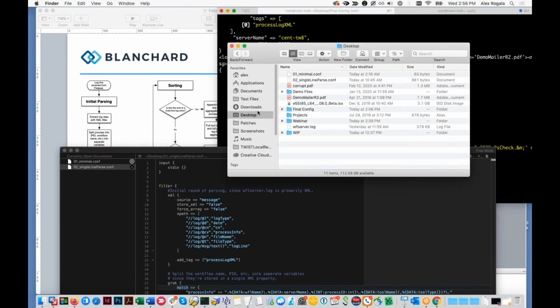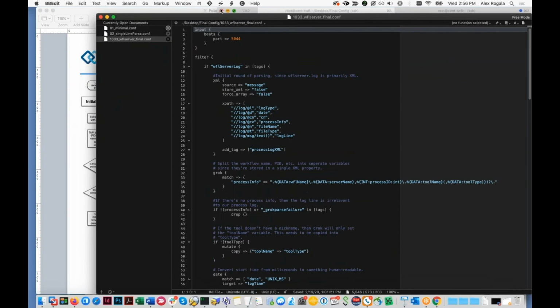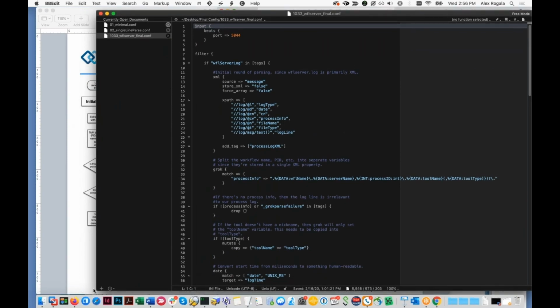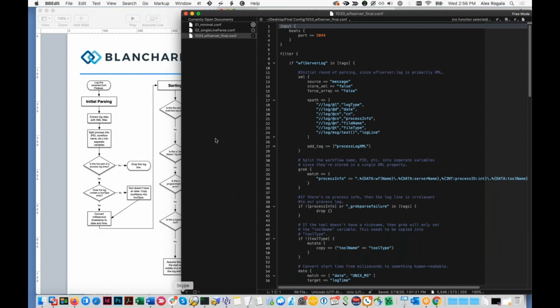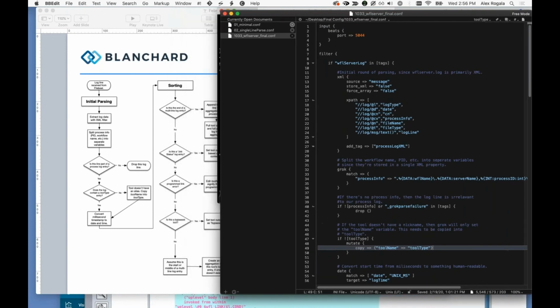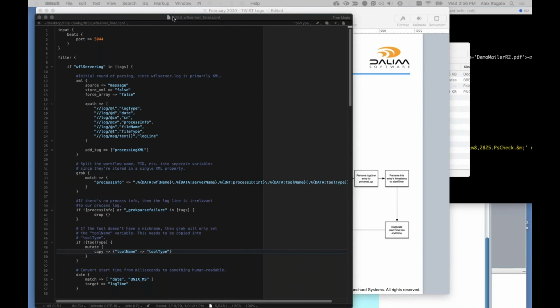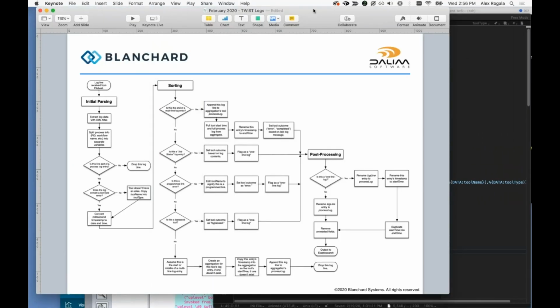So I'll go to my desktop. I have this in Final Config. And I'll post a copy of this in our help desk, and I think when this ends, I can add it as an attachment real quick so that you can download it and test it on your server if you want to play with this. My hope is that even if you don't understand all the nitty-gritty of this, you understand the big picture and can hook it up if it's something you want to experiment with or that would be of use to you. So our full process,